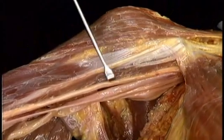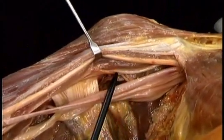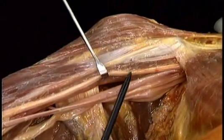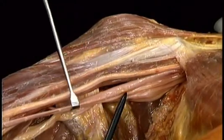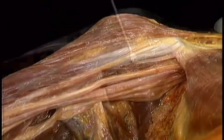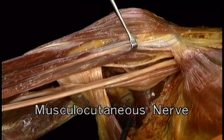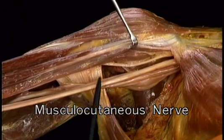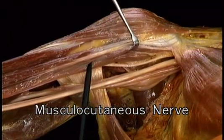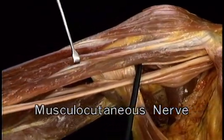Four nerves surround the axillary artery as it emerges from beneath pectoralis minor. They're the musculocutaneous, the median, the ulnar, and the radial. We'll look at them in that order. Here's the musculocutaneous nerve. It supplies three flexor muscles in the arm, the first of which is a shoulder flexor, coracobrachialis. The musculocutaneous nerve runs right